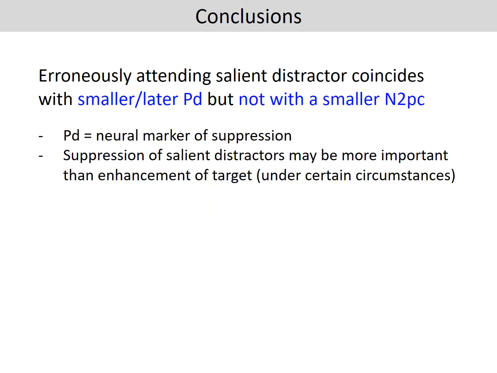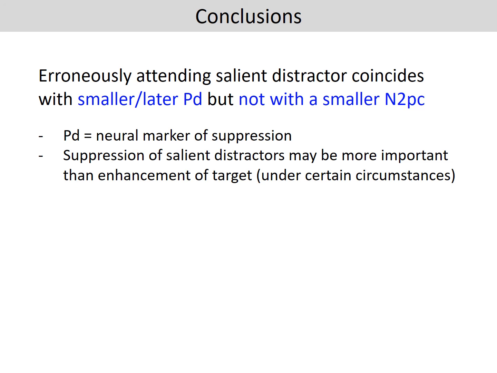To conclude, we found that erroneously attending salient distractors coincided with a smaller and later PD, but not with a smaller N2PC. Although this is still a correlational approach, our data strongly suggests that the PD is suitable as a neural marker of suppression. Our data also suggests that suppression of a salient distractor may sometimes be more important than the enhancement of the target,